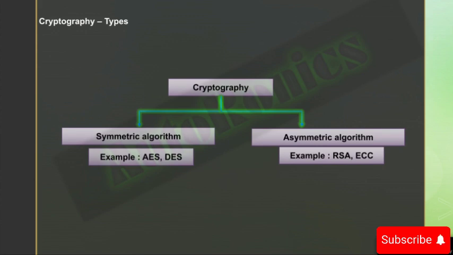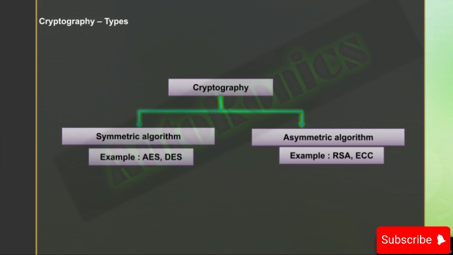That's the reason future embedded systems support the ECC algorithm. So if someone wants to go for an asymmetric algorithm, they prefer ECC compared to RSA. But each of them has its own merits and demerits, which we will see in the upcoming slides.